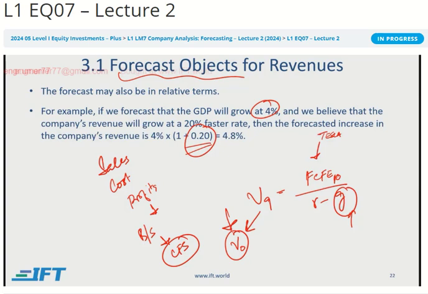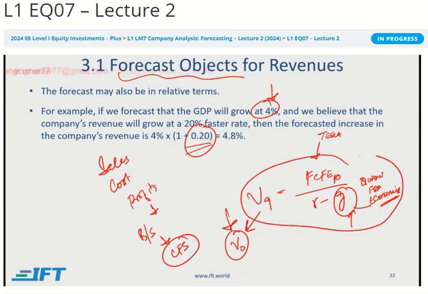It'll all come together when you also complete the next reading, and then you think of all of this in a combined manner, with your quants material and your FSA material and your economics material, because it's all linked, right? It's all linked. In terms of GDP growth rate is, of course, coming from economics. How can a company keep growing faster than the economy it's operating in? It cannot. That's why it has to slow down. And once it does that, then you can use this formula, which you will learn in the next learning module, to calculate the value. This is, by the way, called the terminal value.